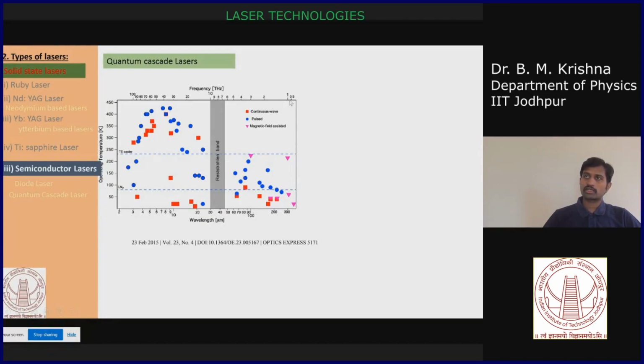You can see the terahertz is 1 to 10 terahertz. This is the 1 to 10 terahertz region. So in the terahertz region we don't have quantum cascade lasers at room temperature conditions. These are all below room temperature conditions. That means you have to maintain the temperatures. We know that going to lower temperatures makes the device cost expensive, as well as these quantum cascade lasers depend precisely on the nanometer layer depositions. So you have to make very sharp and clear nanometer depositions.